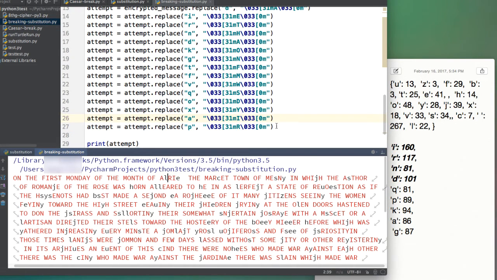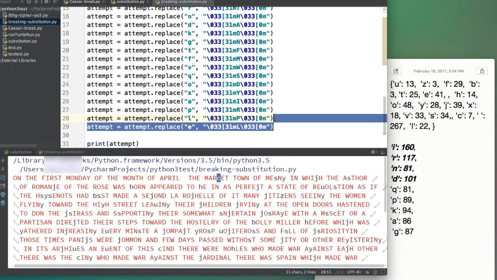April. I'm surprised I didn't catch that earlier. E becomes L. On the first Monday of the month of April, the market town of something